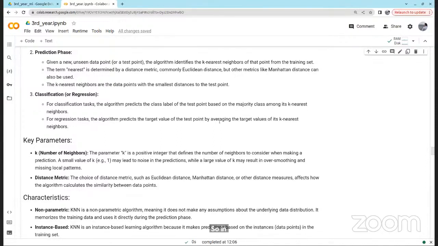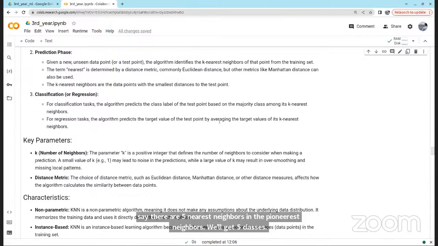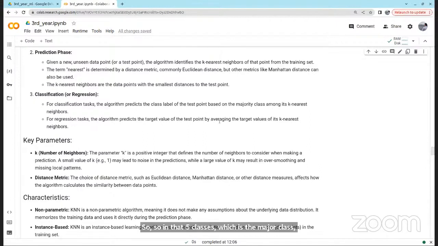So in classification, what do we predict? The category. So we'll take k nearest neighbors. Let's say there are 5 nearest neighbors. In the 5 nearest neighbors, we will get 5 classes. So in the 5 classes, which is the major class? Let's say red, green, blue, red, red. These are the classes you got.